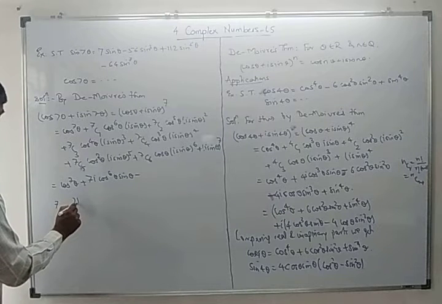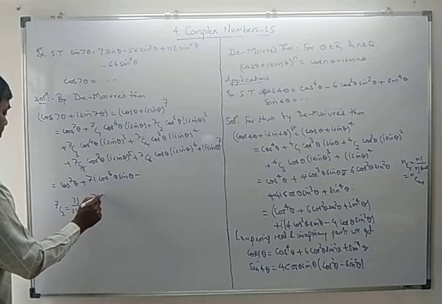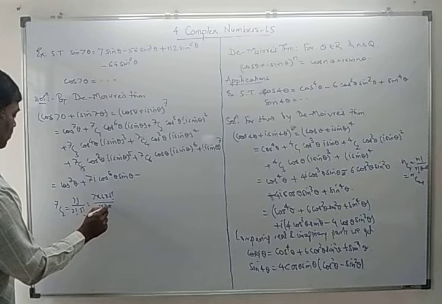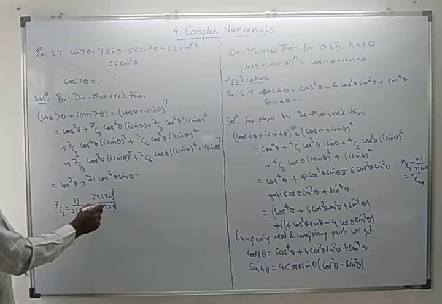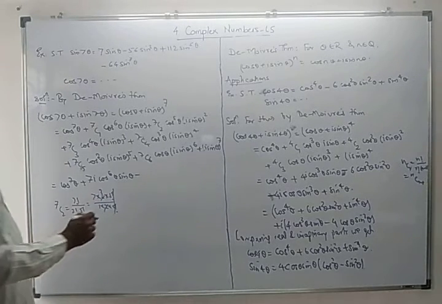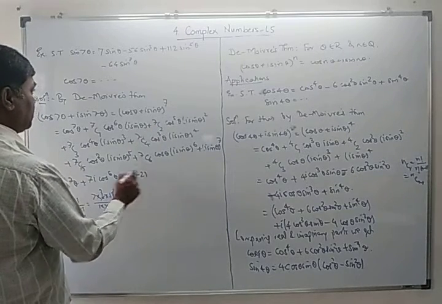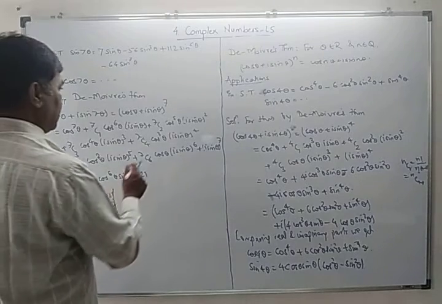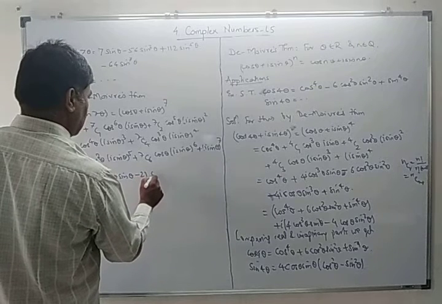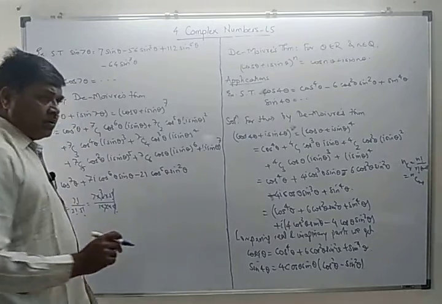7c2 is 7 factorial upon 2 factorial 5 factorial, which is nothing but 7 into 6 into 5 factorial upon 1 into 2 into 5 factorial. 5 factorial will cancel, 2 into 3s, that will become 21. Okay, so 7c2 is nothing but 21 times cos raised to 5 theta into sin square theta, then